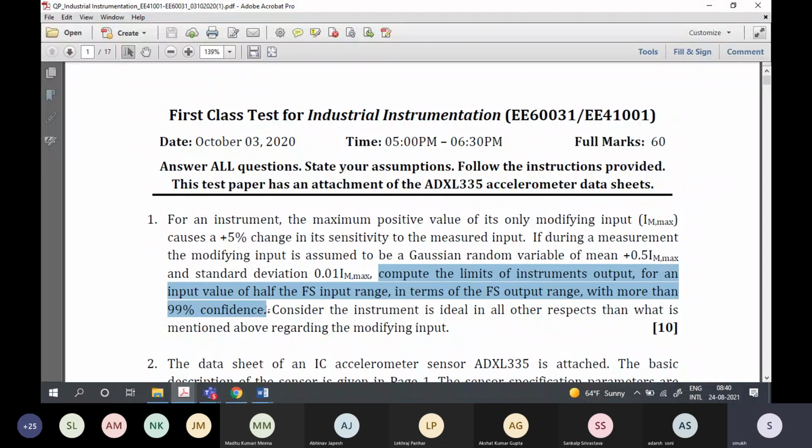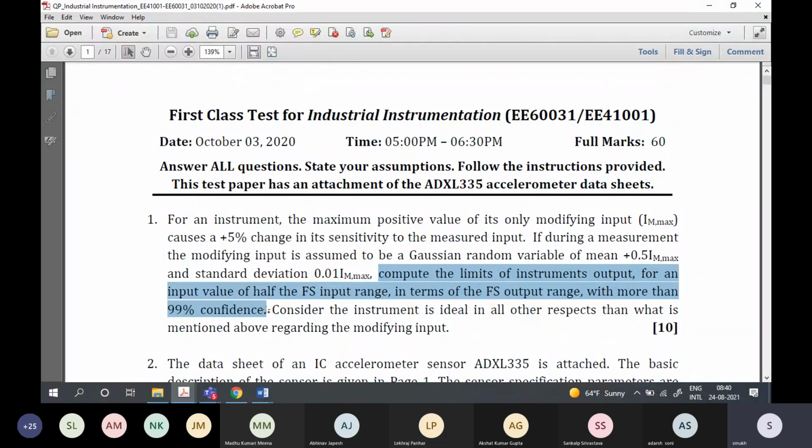So it is going to be 0.51325 times, so 51.325% of the full scale output range. When the input is 50% of the full scale input range, then the maximum value of output under that kind of modifying input will be